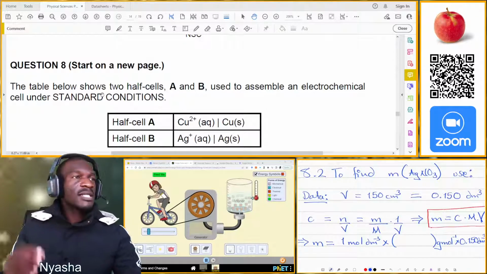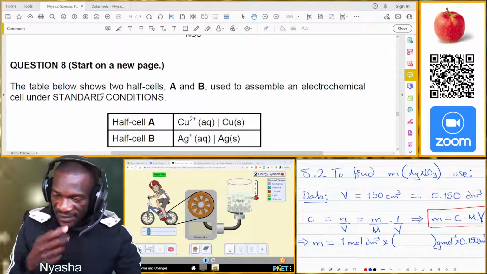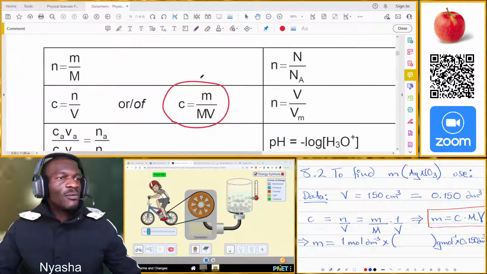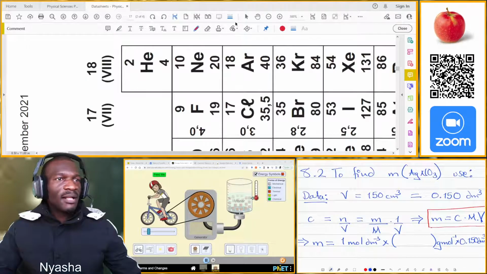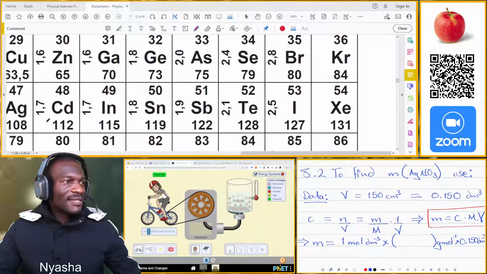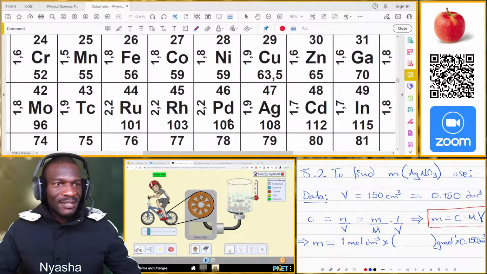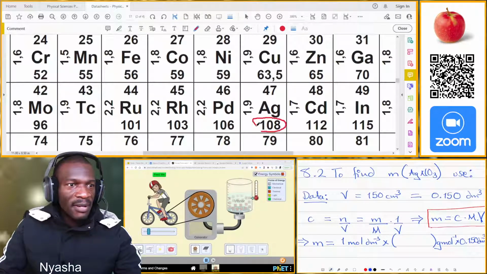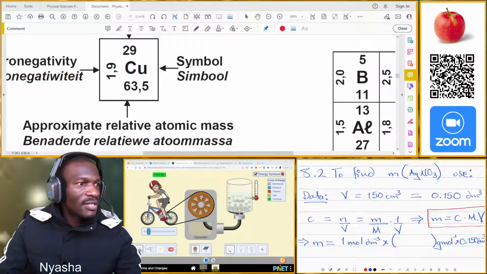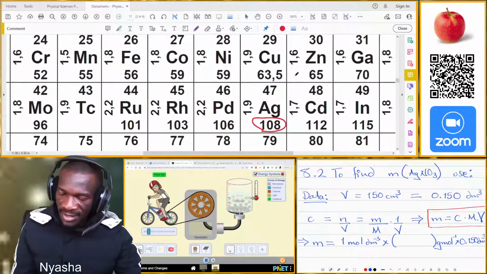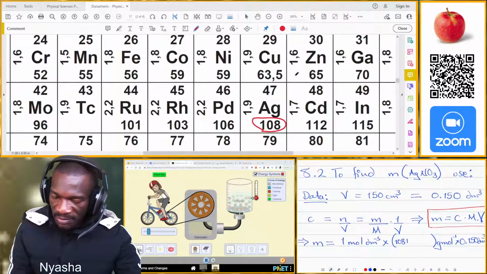So what is the molar mass? We have silver nitrate, there we have it. So what is the molar mass of silver? Let's look for the periodic table. There we have it. Where is silver? Silver is here. Silver has a molar mass on your periodic table. This is our approximate relative atomic mass, so we will use that. So that's 108 plus